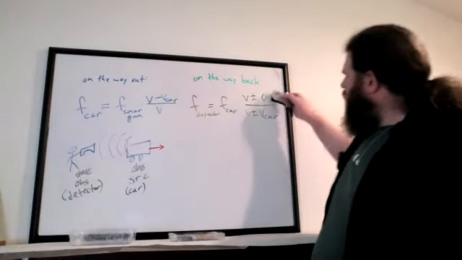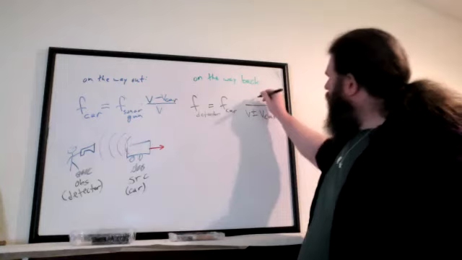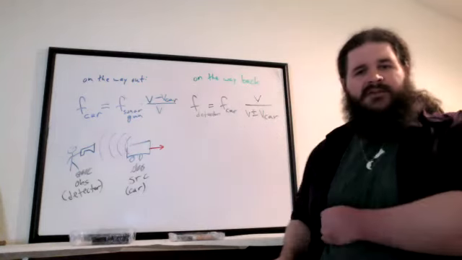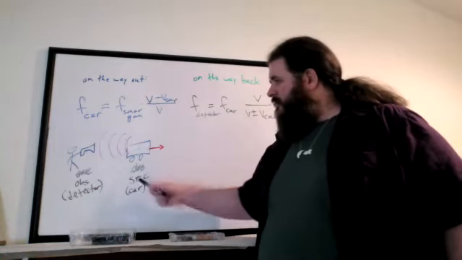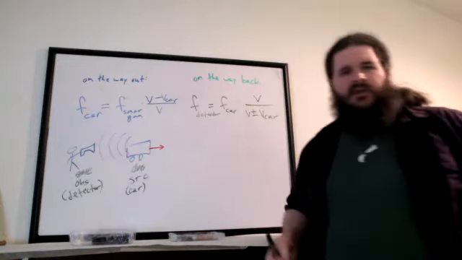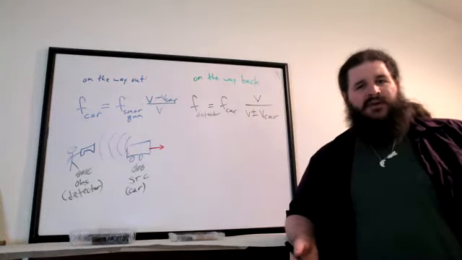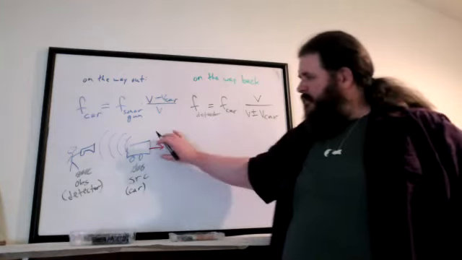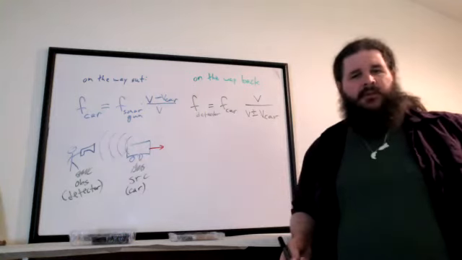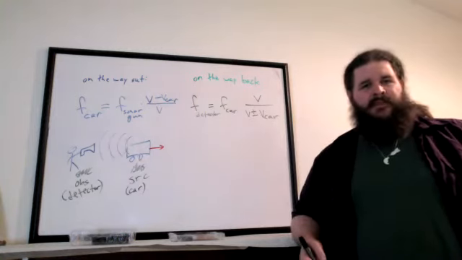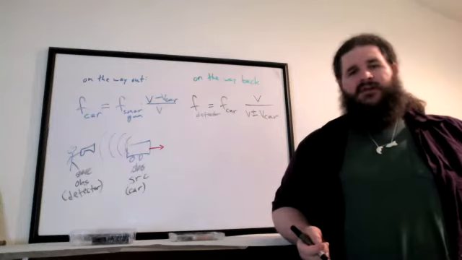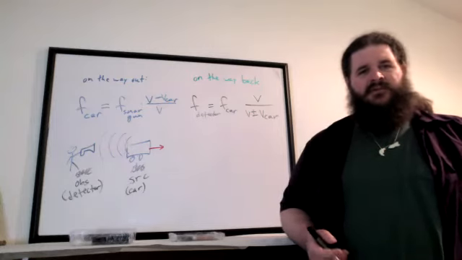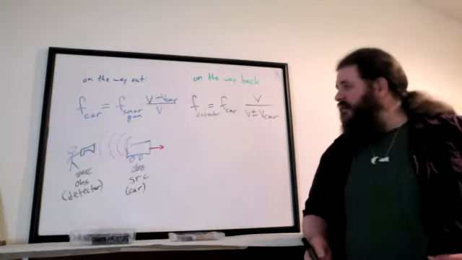And then this v plus or minus 0 is just going to be v. And we still need to decide about plus versus minus in the denominator. The car, the source, is moving away from you. Would you expect that to make these sound waves hit you more frequently or less frequently? If the source is moving away from you, would you expect those sound waves to be more bunched up or more spread out? More spread out. And if the sound waves are further apart, would they be hitting you more times per second or less times per second? Less times per second. So that's going to be a lower frequency.